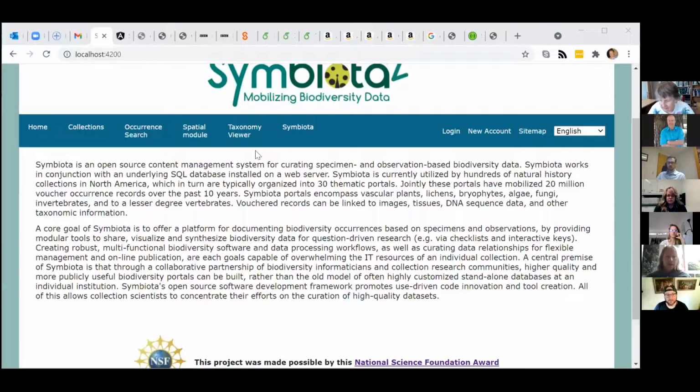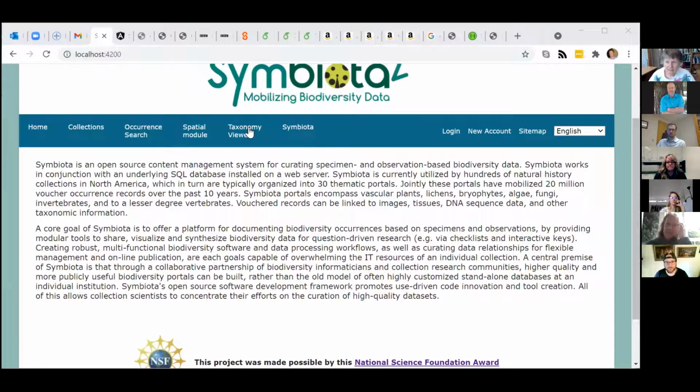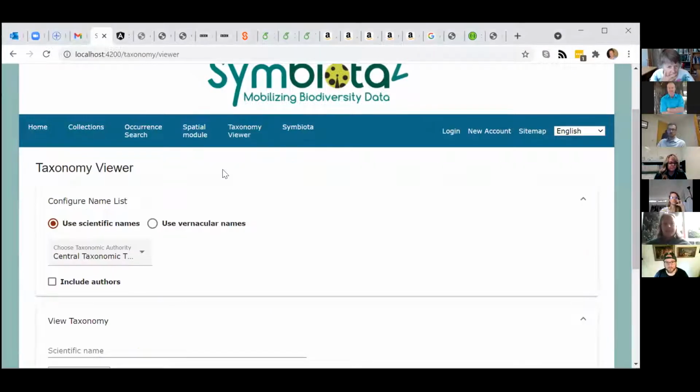Okay, let me see if I can share my screen. Looks like I can. All right, so we should be looking at Chrome. So the taxonomy stuff is here. So if you click on the taxonomy viewer,